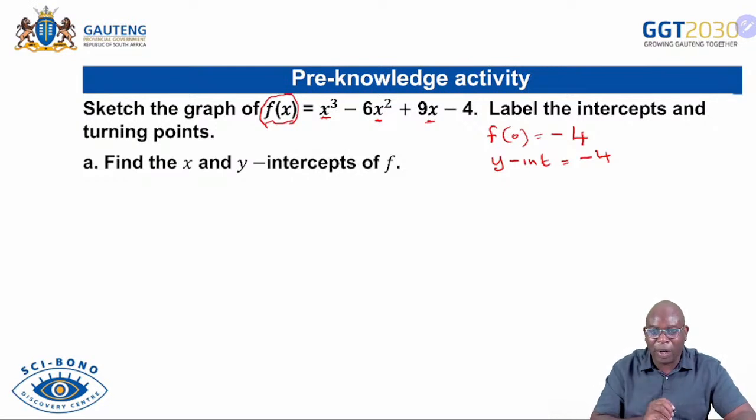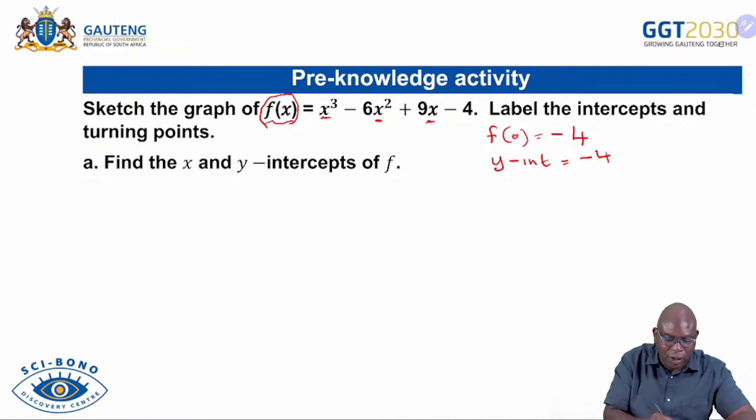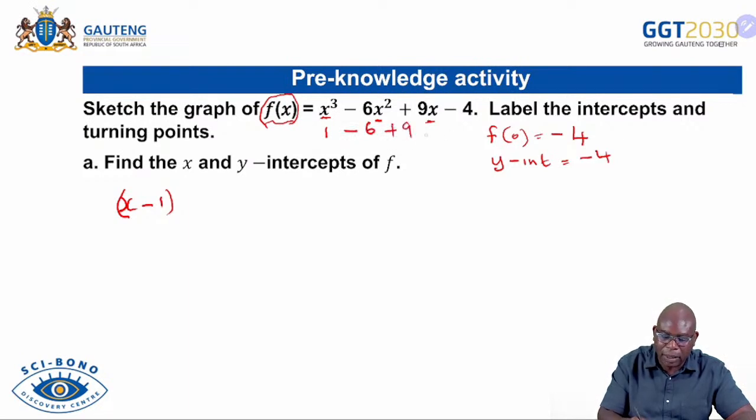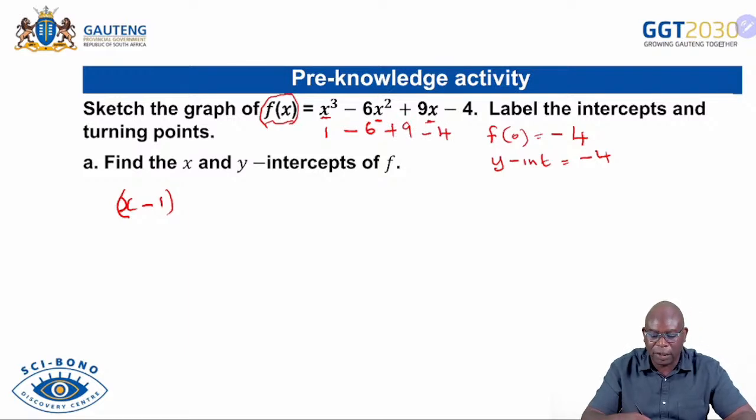So with this one, I figured out that x minus 1 is a factor. So if I substitute the value of x by 1, I'm going to get a 1 there, a -6, a +9, and a -4. And if I take those down, 1 plus 9 is 10, -6 -4 is -10, 10 minus 10 is 0. Yes, I've got the factor right. So x minus 1 is a factor,